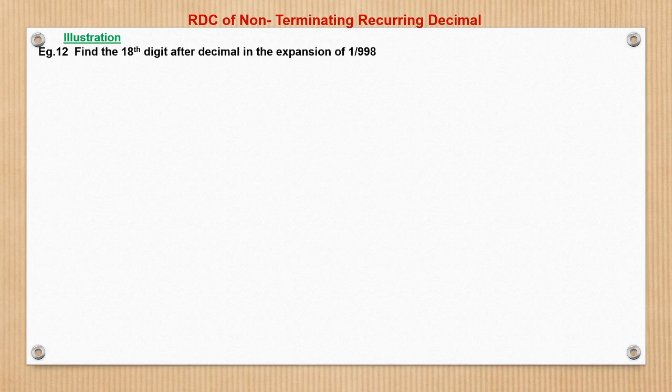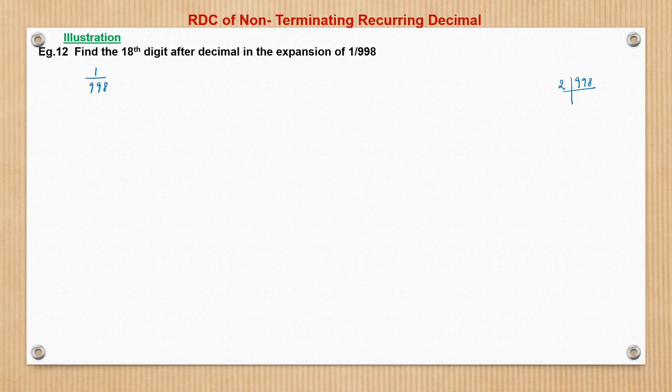So now this is again a special problem. Find the 18th digit after decimal in the expansion of 1 upon 998. Here RDC may not be very useful, because if we see